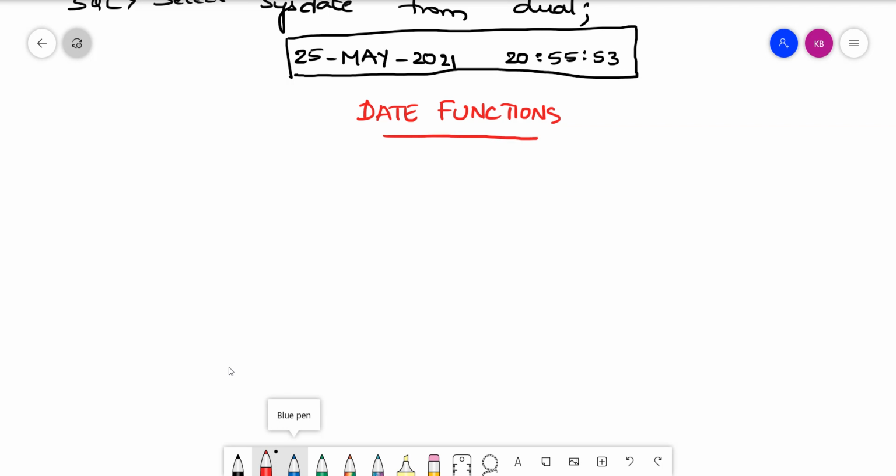Now why do we require these date functions? Suppose I want to add 100 days to 25 May 2021. If you are adding 100 days, will you get a correct date? Yes or no? We cannot estimate it properly, right?